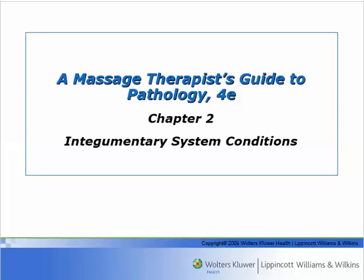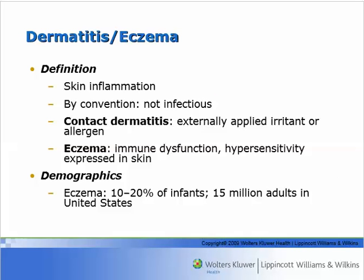So this presentation is on dermatitis, eczema, and hives. So dermatitis, by definition, is a skin inflammation,